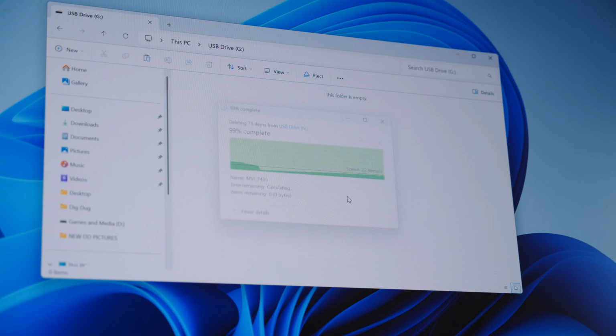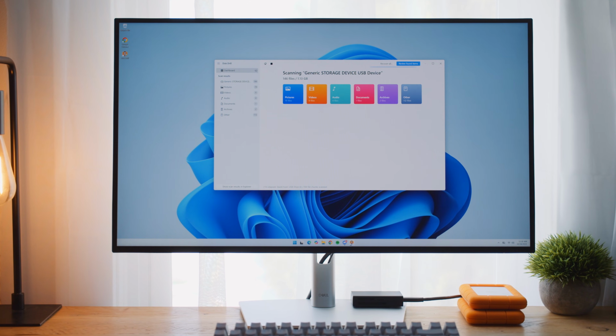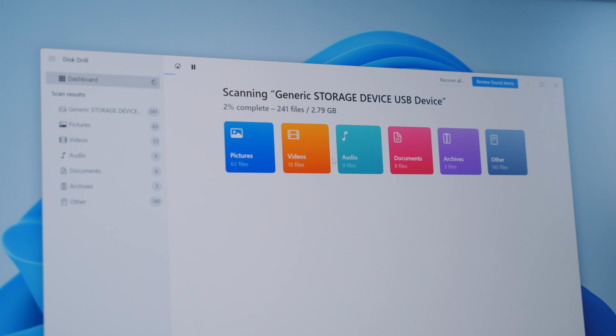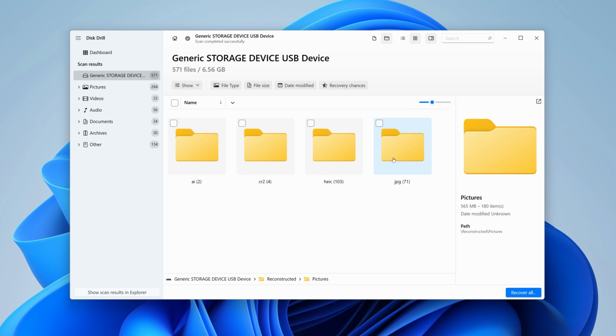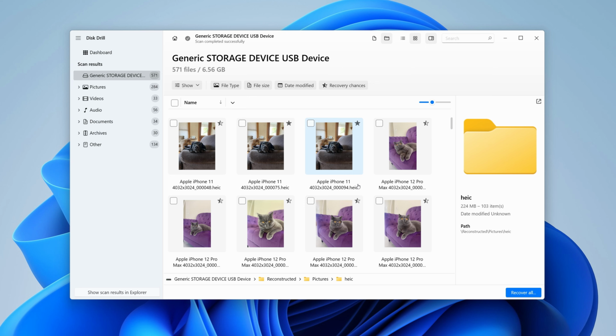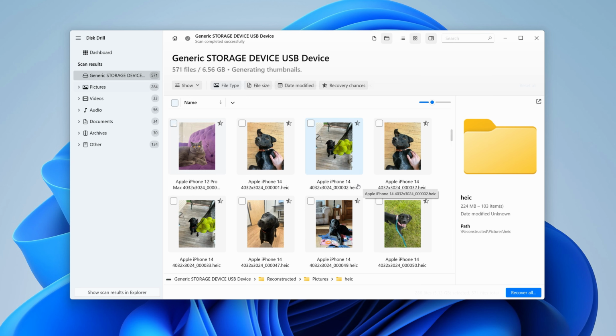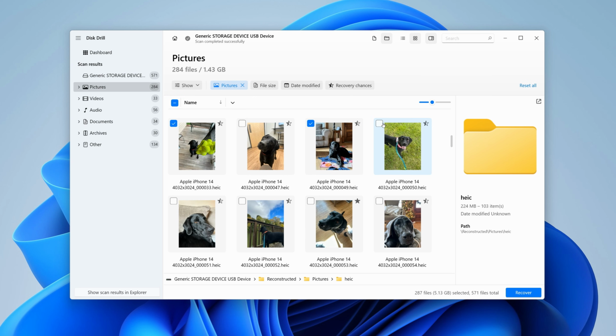Have you just deleted all of your files and you don't know what to do next? Well, today I'm going to show you how to recover deleted files on Windows using Disk Drill 6. When you delete your files, it appears as though they're completely gone. However, all of your files are likely still there, and as long as they aren't overwritten, there's a very simple